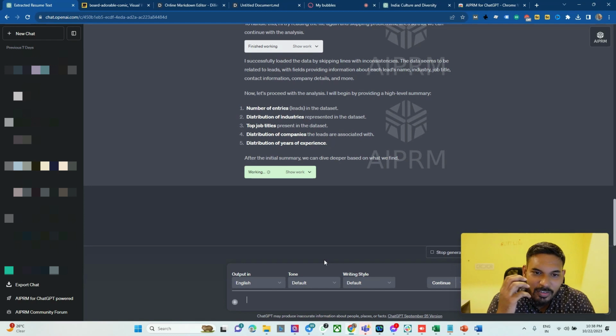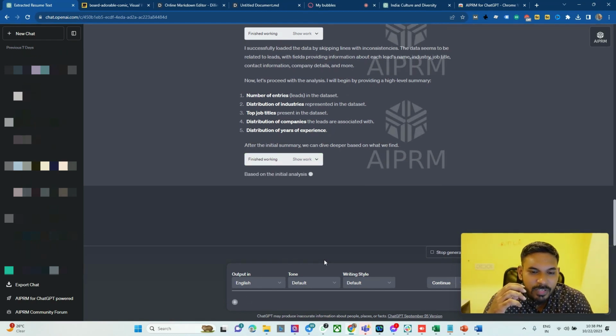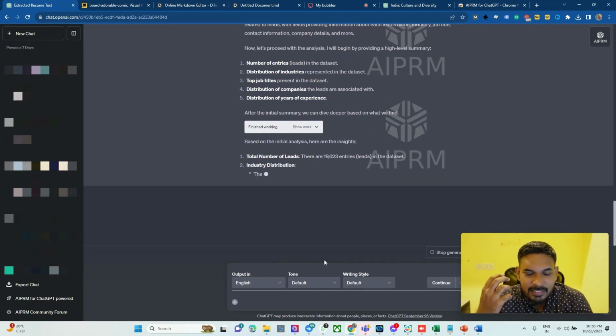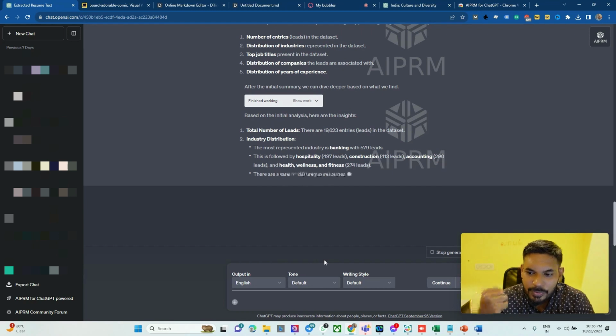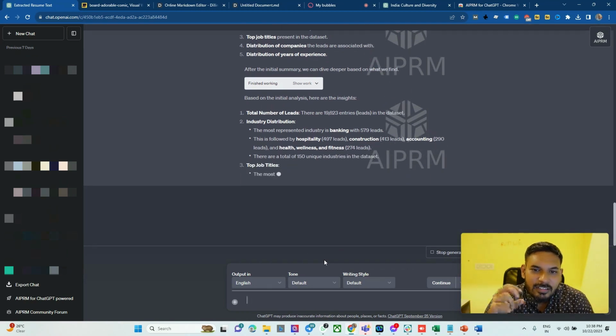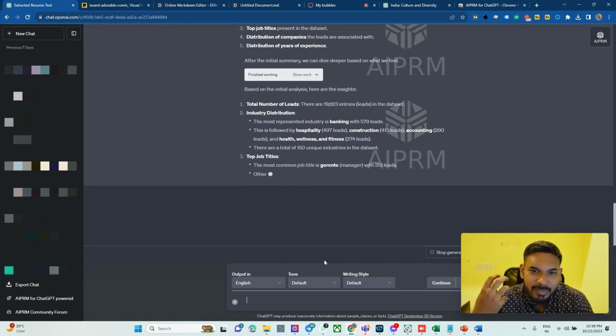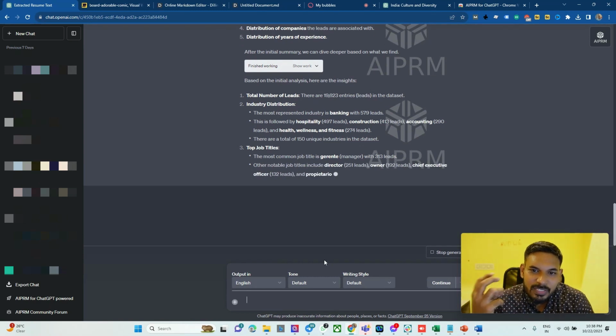There are a lot of use cases to this because we are going to see a lot of Excel sheets. A lot of times we want to provide some analytics, graphs, and so many things. And see, it has even counted how many banking leads we have, how many hospital leads we have,